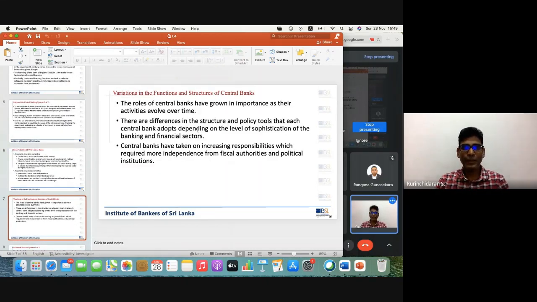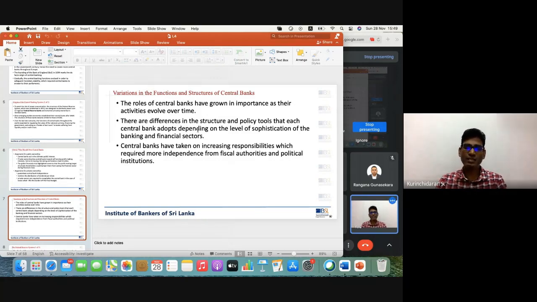Globally, you can see variations in the functions of each and every central bank, right? It is basically based on the economic structure or financial system of that particular country. Our setup is totally different from the UK, for example. In those days, the Bank of England used to have only one objective, but they have now created another entity to look after financial system stability as well.